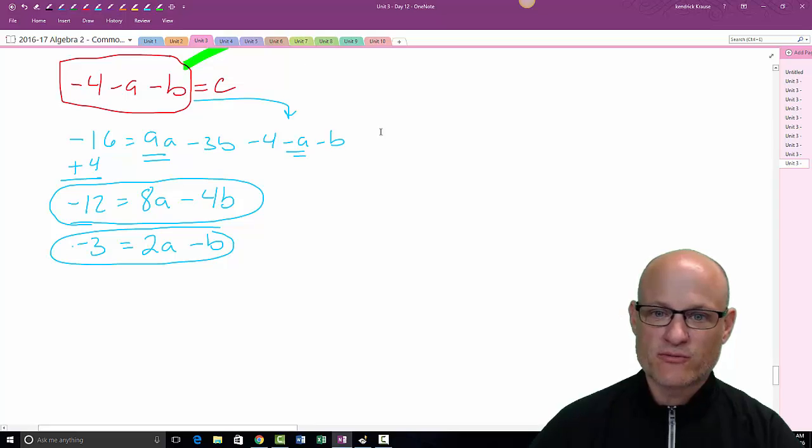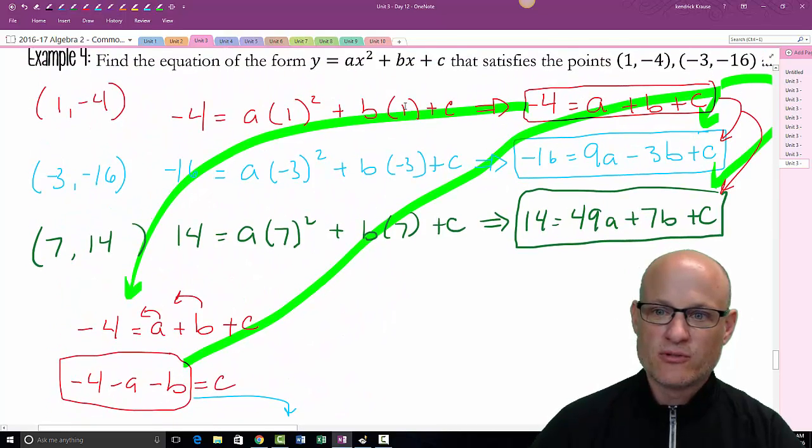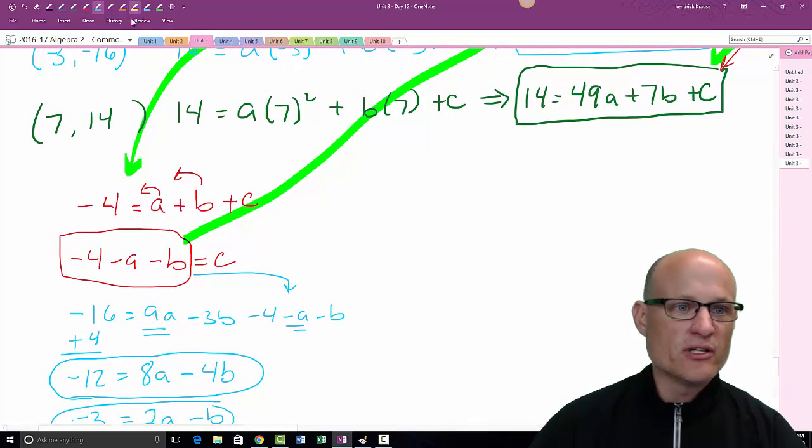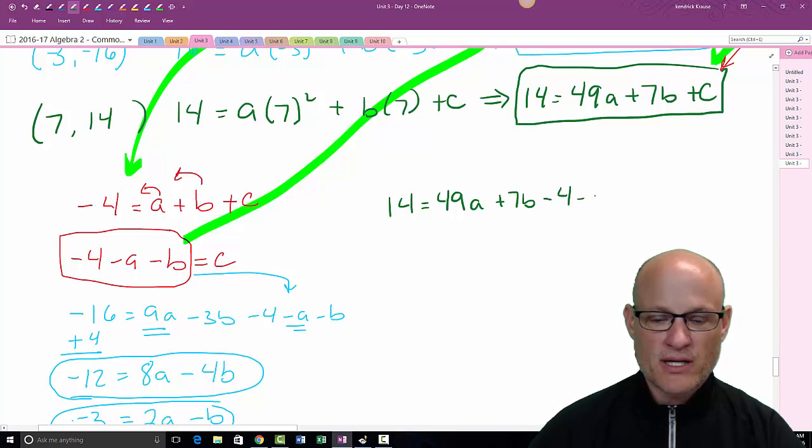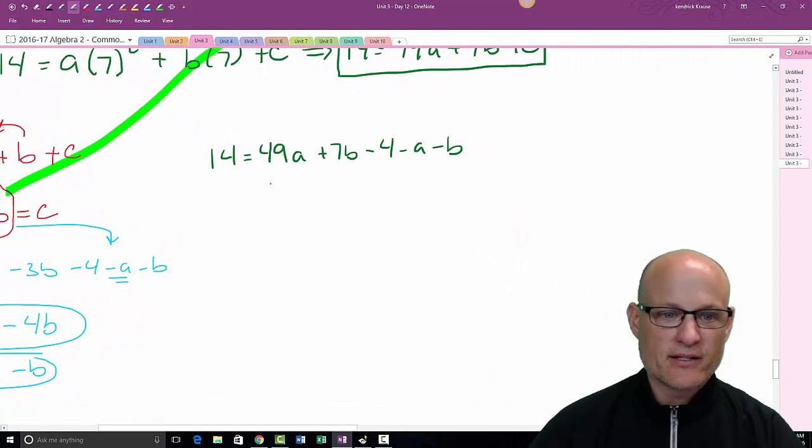What was the next one? We used green. So let's go green. So we go 14 is equal to 49a plus 7b. All right, now we're going to plug in c. Minus 4 minus a minus b. All right, again, this 4 is coming over, plus 4. So I get 18 is equal to